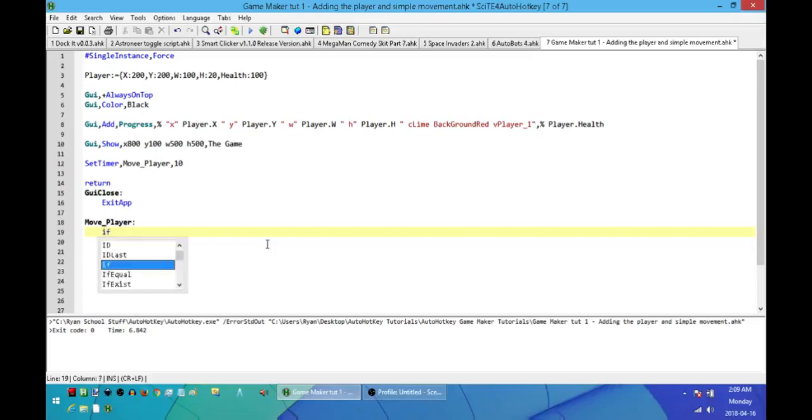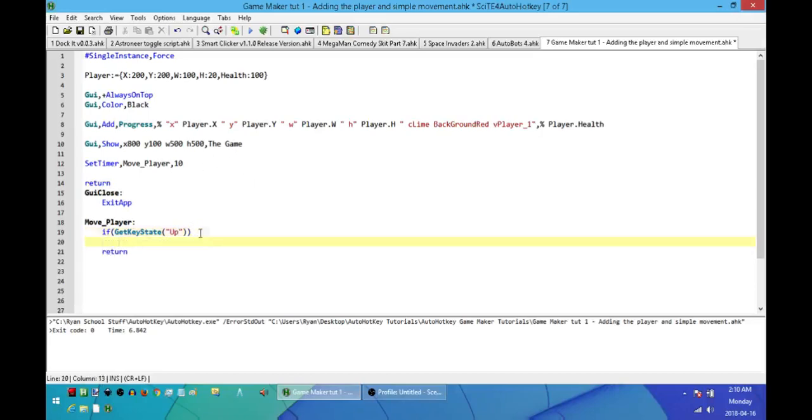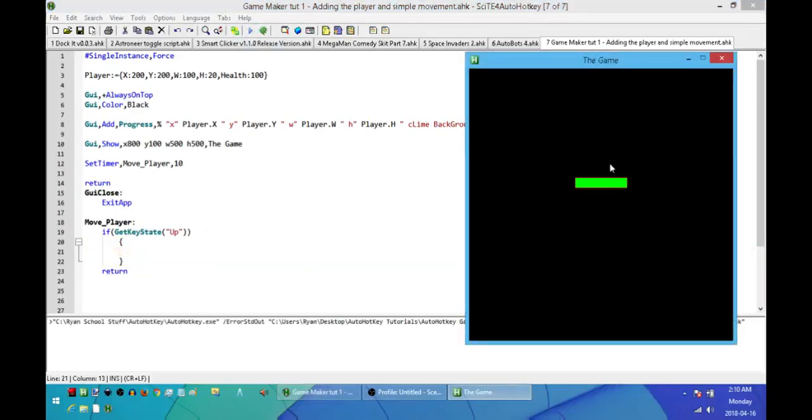So I'm going to say if, inside of parentheses, I'm going to say get key state. And then open and close parentheses, and then inside of that double quotes, and then inside of the quotes, the word up. So if I'm pressing the up key, what I want to do is